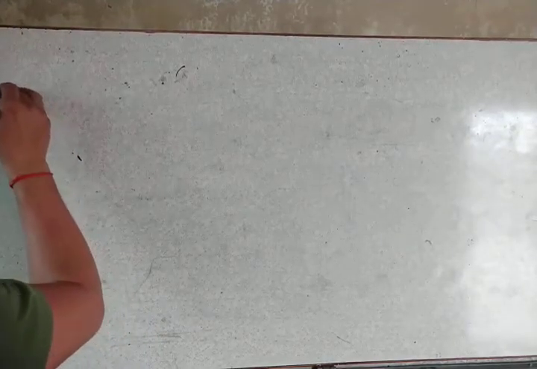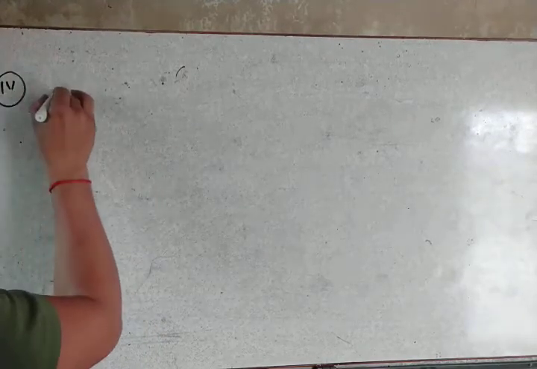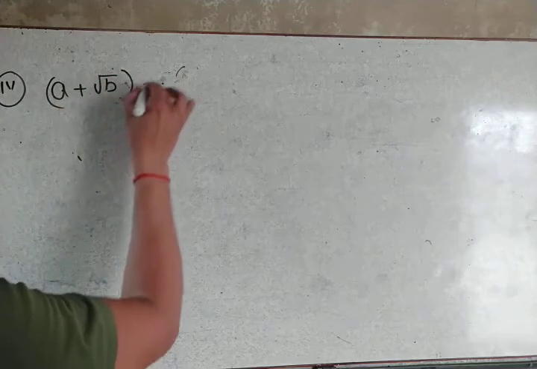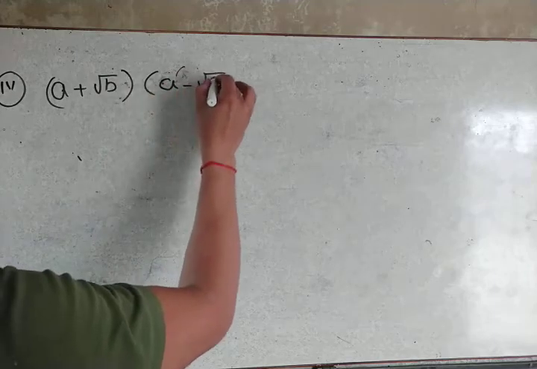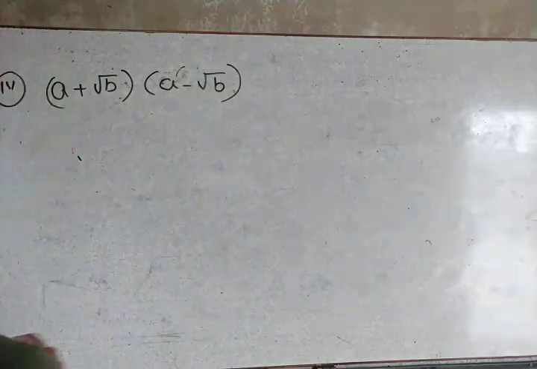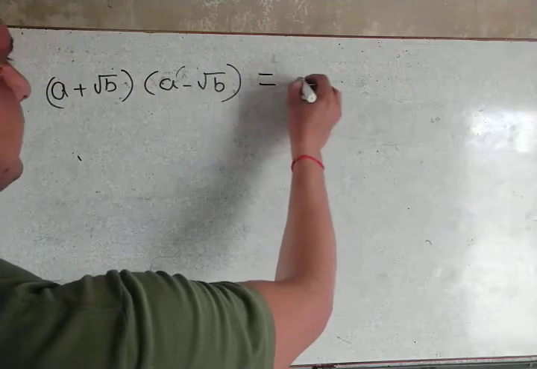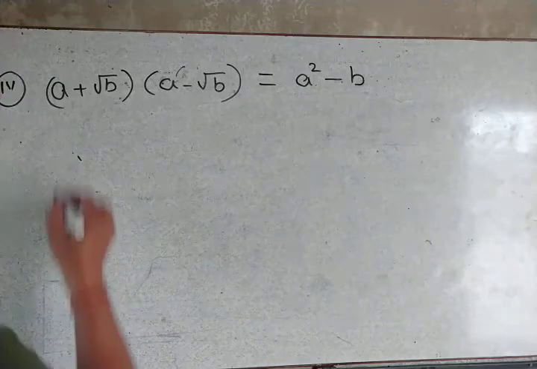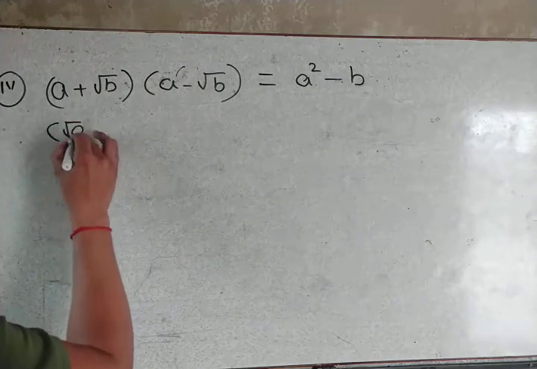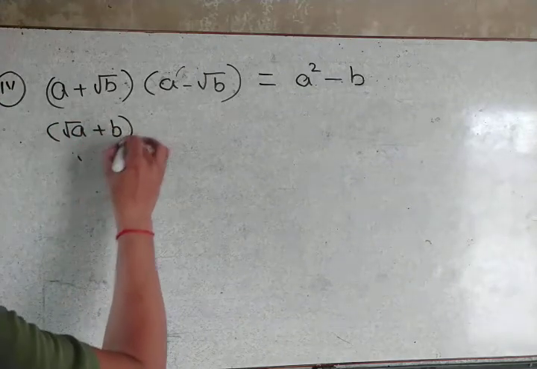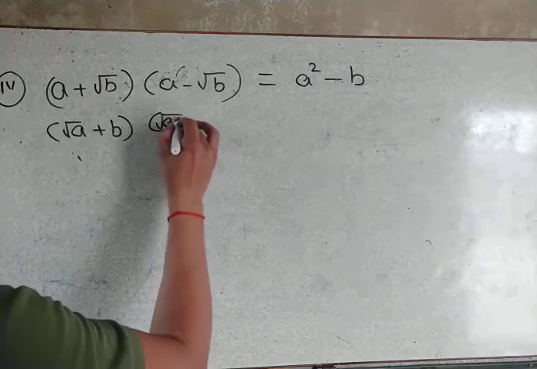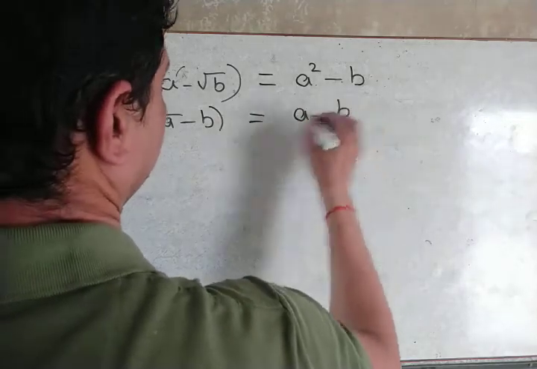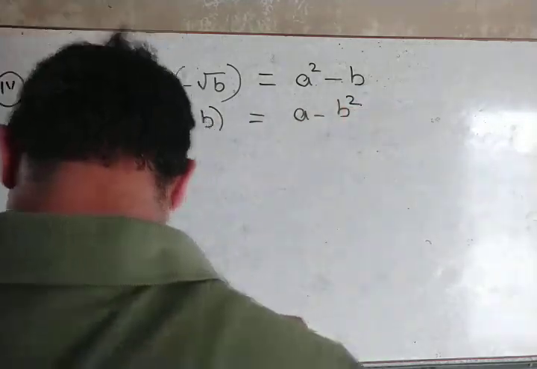Fourth one, a plus root b, a minus root b. Then again, on the basis of the previous identity, you can do like this, and this can be written as this as well. In that case, the answer is a minus b square. Now,